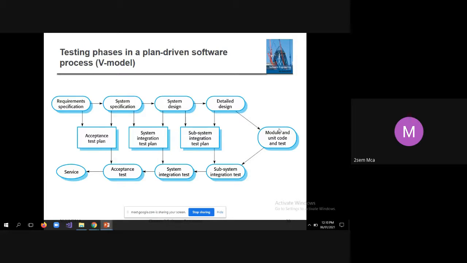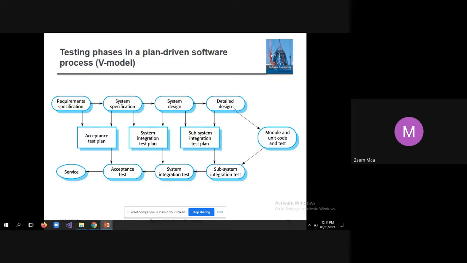But in the V model, just by having the SRS document, they can start with the acceptance test plan and devise the test cases. Then after system specification and system design, they can start the system integration test plan, and based upon it, devise system integration test cases.